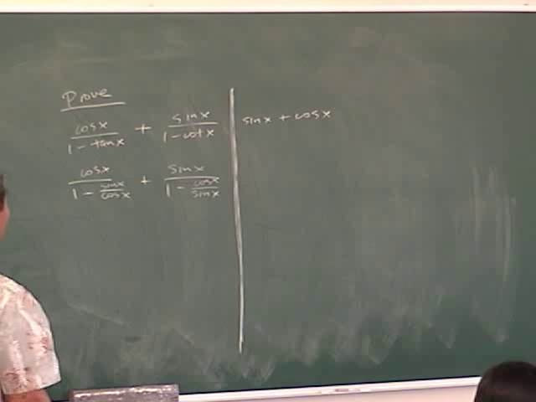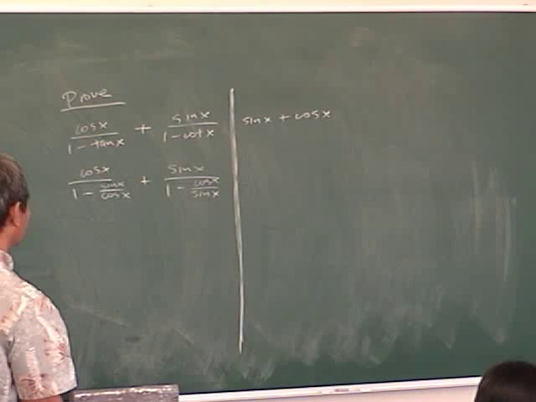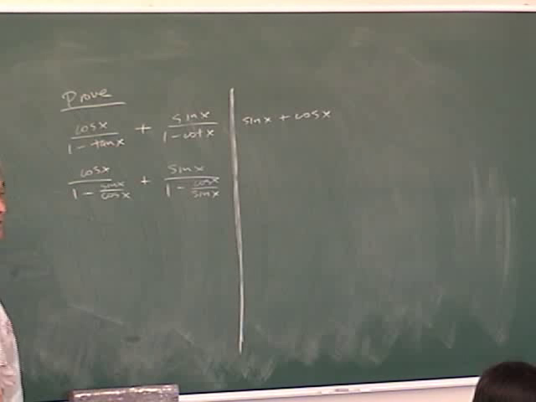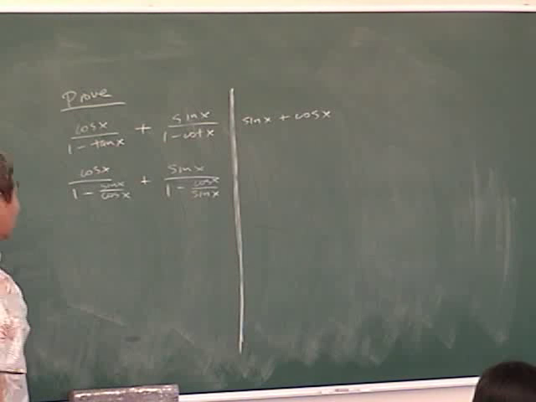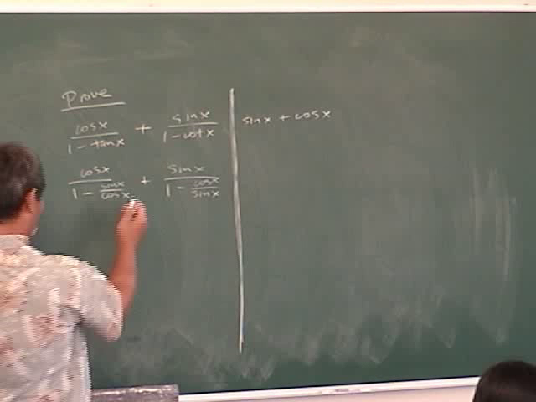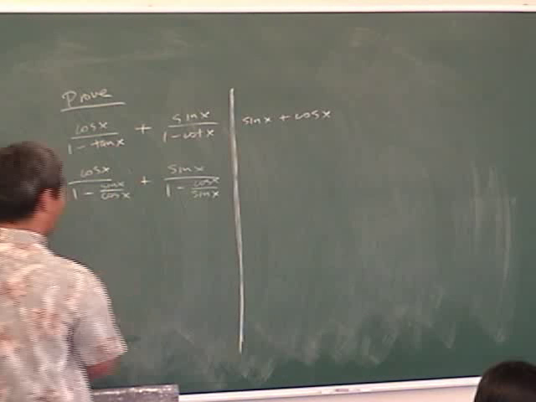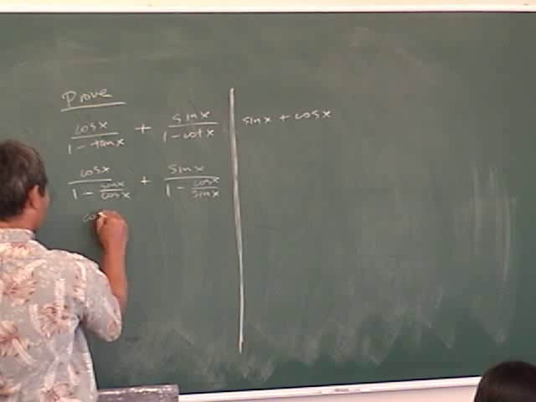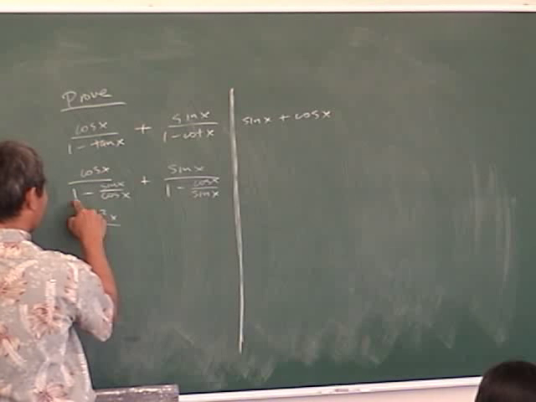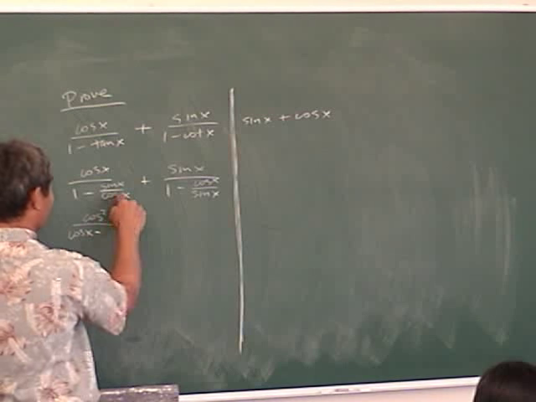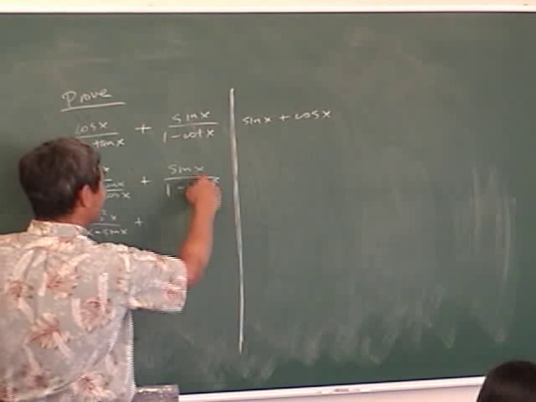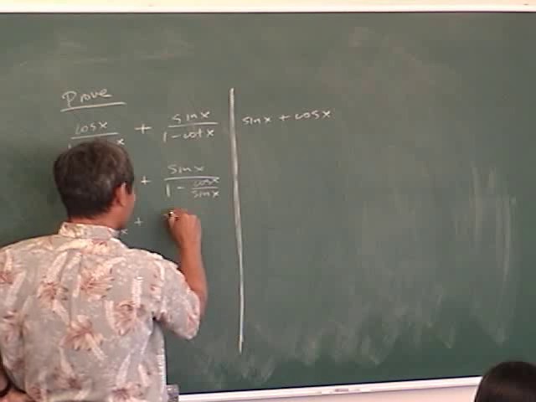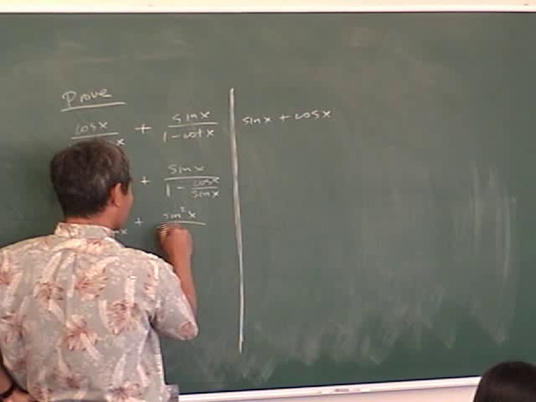Okay, so what do I do? Good. What do you want to do? How do we simplify complex fractions? Multiply top and bottom by the least common denominator. So for this one, multiply top and bottom by cosine x, and you get cosine squared x all over, multiply by cosine x, multiply by cosine x. For this one, multiply top and bottom by sine x, so you get sine squared x all over sine x